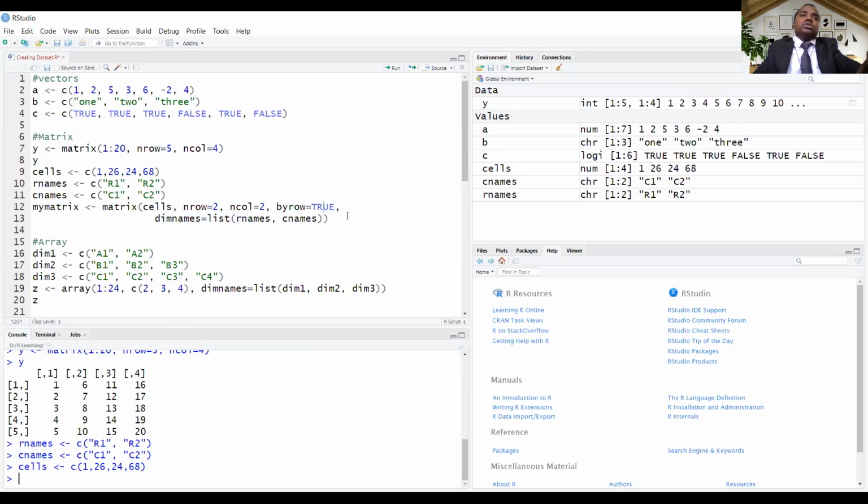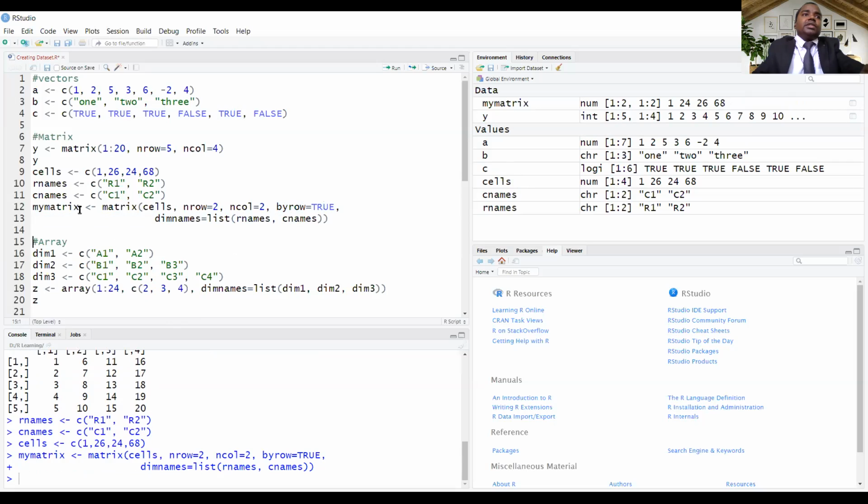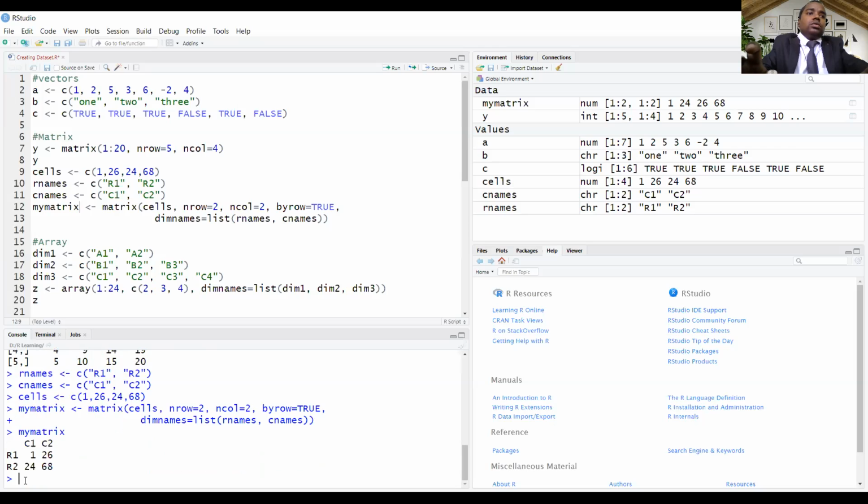So we'll now just print this my matrix here. Okay. So here, as I told, it is printing in row-wise order. So 1, then 26, then 24, then 68.